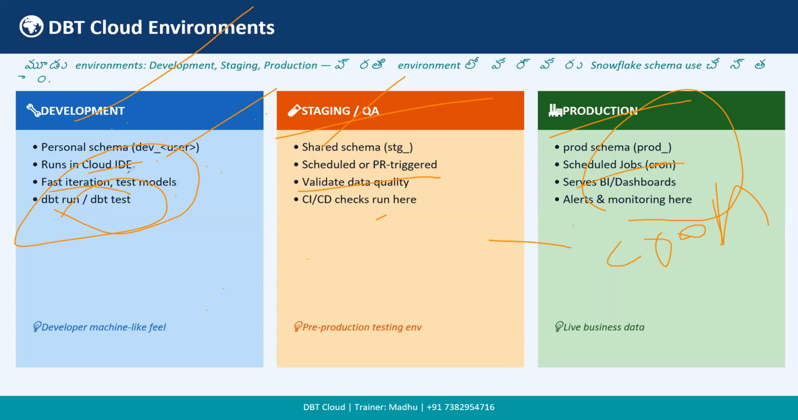This is about development, staging, and production. Here we develop, here we test, and in production we go with the original data with the client. We're going to share these with reporting tools, BI dashboards, or Tableau. So these are the environments. Next,